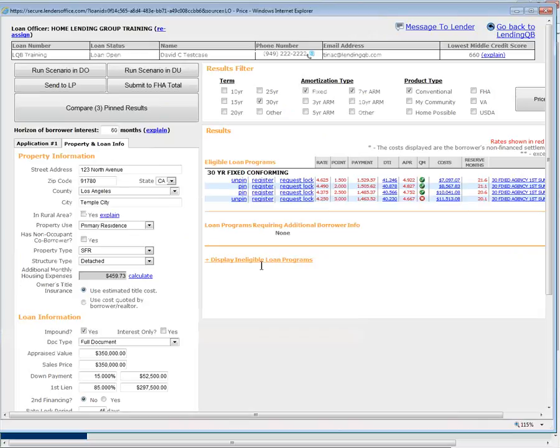Now, you may send that comparison report off to the borrower, and a day or two later, they call you and say, okay, we're ready to go. We know what product we want and what pricing we want. And you say, great. So you will come back in and rerun the engine. And what you must do before disclosures are sent out, before anybody creates disclosures inside the system, it's critical that that loan be registered. Now, registered in the system only means this is the product that the borrower